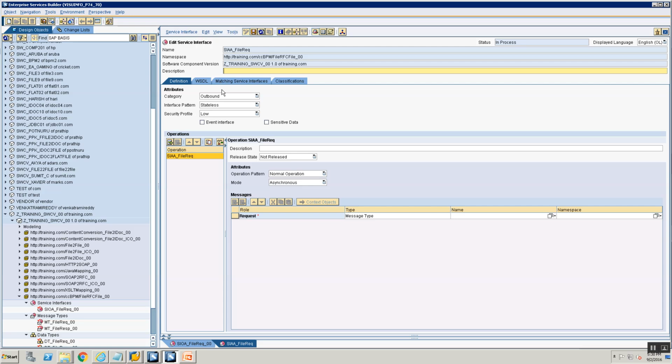We are receiving the request within BPM, so we are going to change the category as abstract. This continues to remain asynchronous, and I will say empty file request because your request message is being received within the BPM, right? Now what happens after the request message is done? You need to now map this message to a BAPI request, right? But before we do that,